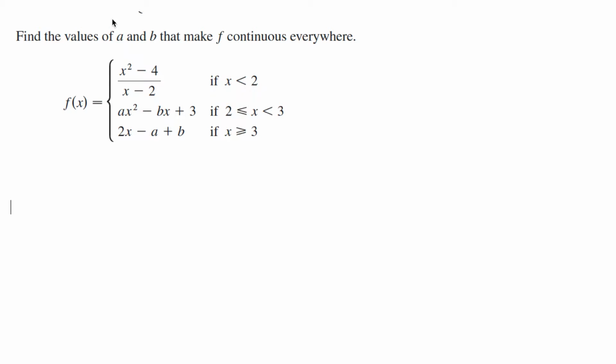Find the values of a and b that make f continuous everywhere. So this f is given by these three pieces. The first piece is when x is less than 2. Everywhere means negative infinity through positive infinity. If we look at the domain,